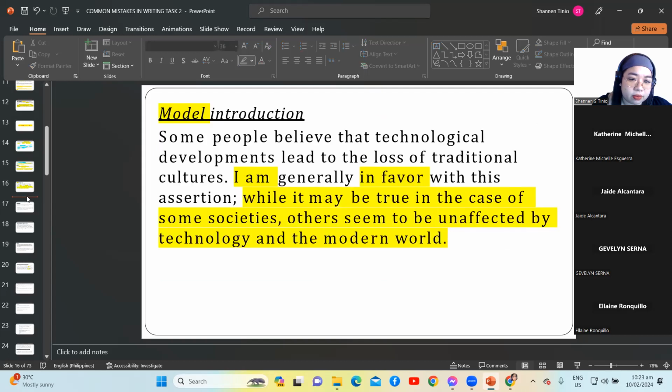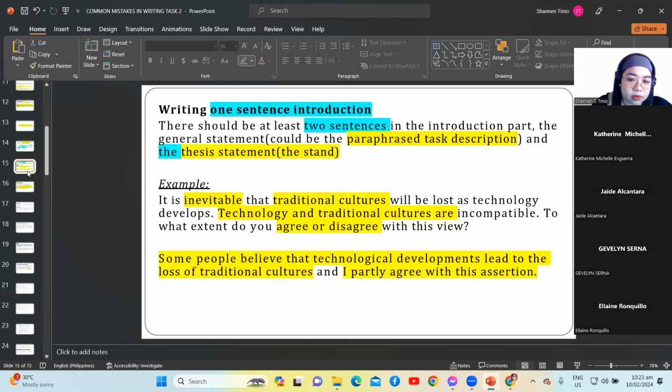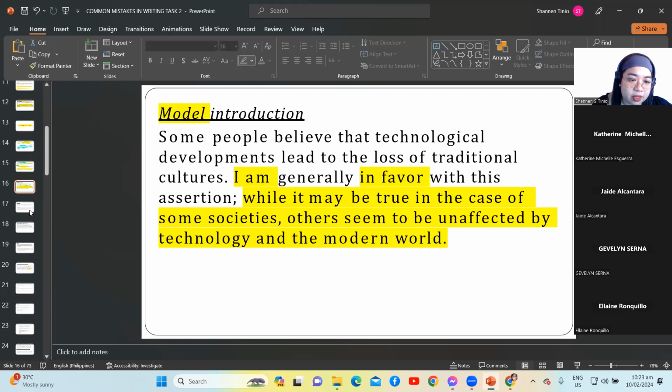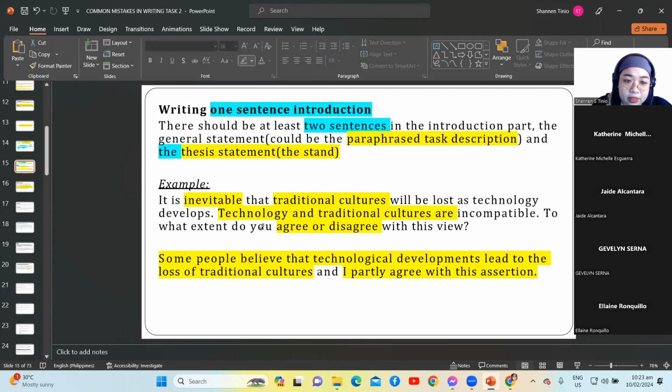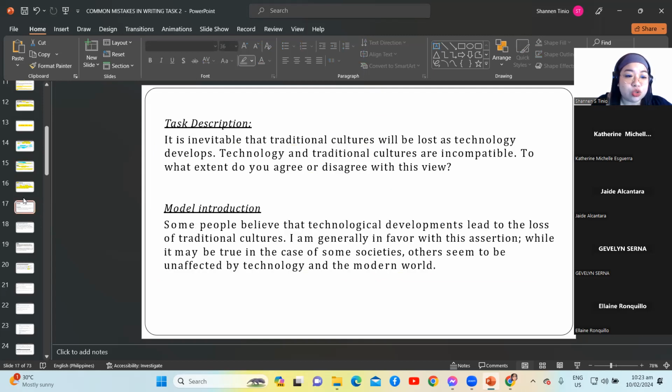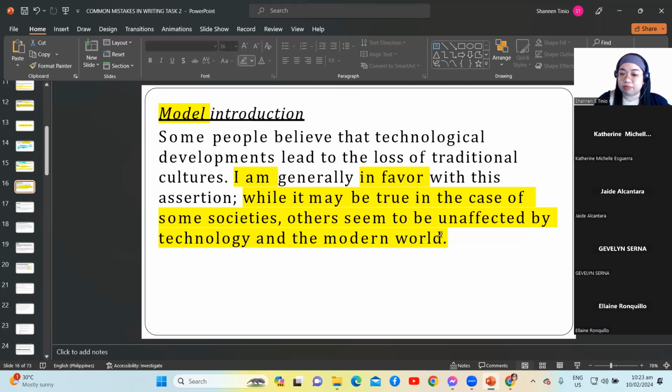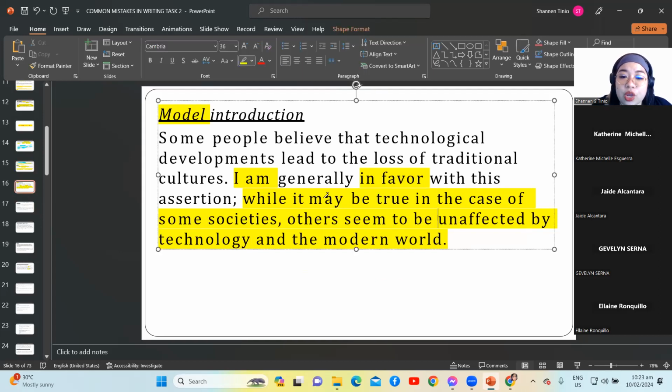Wait. Was it asking for the opinion? Yeah. Kasi, agree or disagree, di ba? So now, sabi din dito, to what extent? So, ibig sabihin, you can choose to agree or disagree, but then, may sinabi siya dito, it may be true in the case of some societies that others seem to be unaffected by technology and the modern world. So, may mga tao pa rin daw na